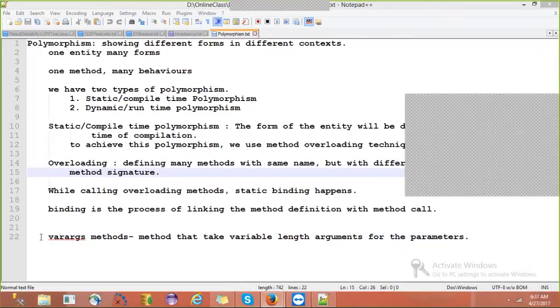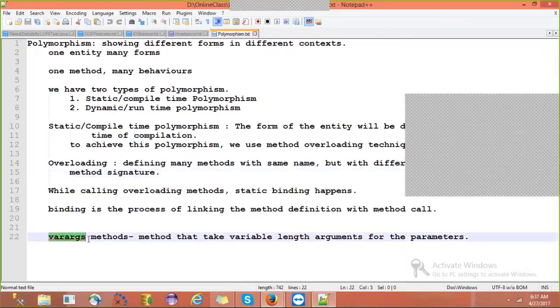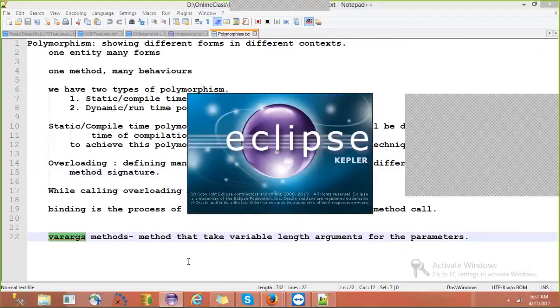So varargs means variable length argument parameters we can have in the method definition. How many variable length arguments can we have in a method definition?